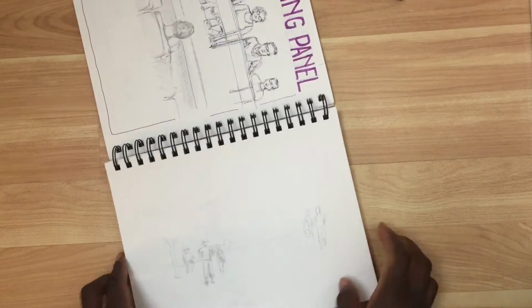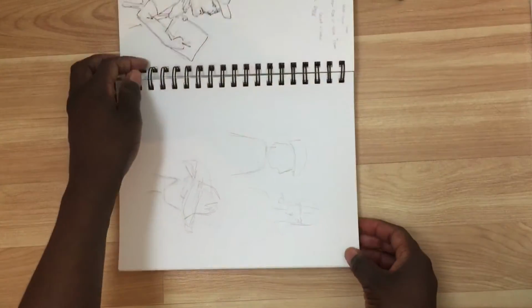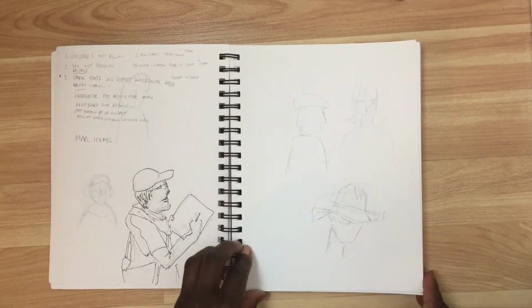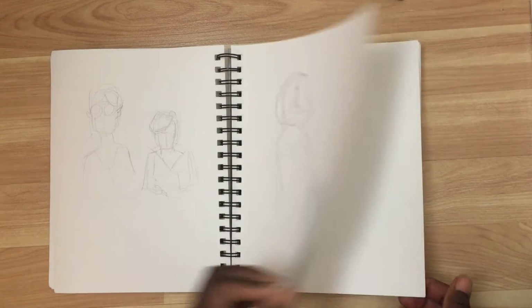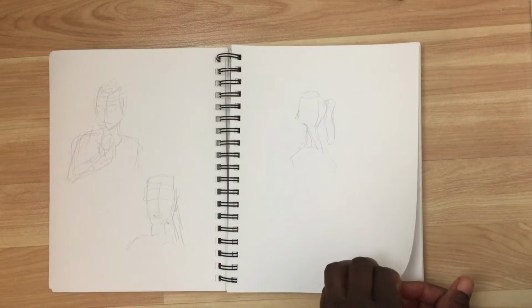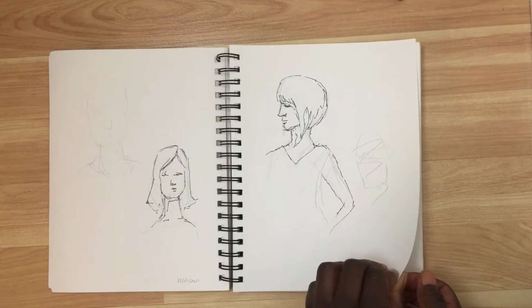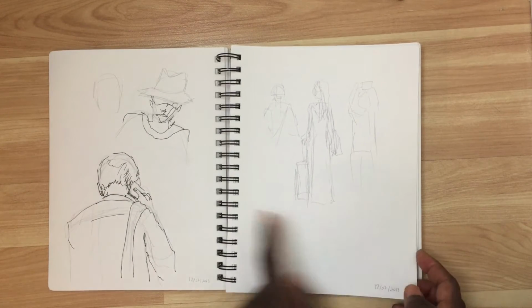And then I had a course with Mark Holmes, who is very well known in the urban sketching environment, where he taught us how to sketch people in motion. It was really difficult at the beginning. As you can see, I went really fast, but the more I did it, the more precise things became. Like, for example, the guy with the cell phone, you can really get the basics of the detail of the